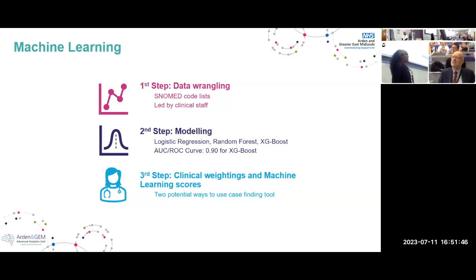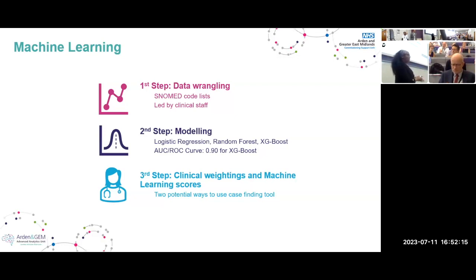But then we've added an extra step. We have a machine learning model that we've added to our dashboard, but we also added what we call a clinical weighted score. So we provided documentation to multiple social prescribers, and we asked them to score a series of features to let us know which features are most important to them when it comes to referring a patient to social prescribing.